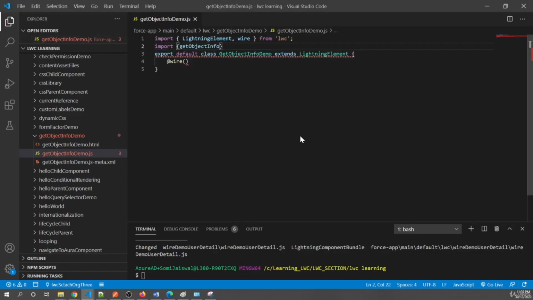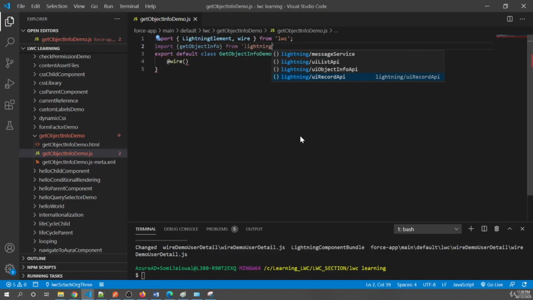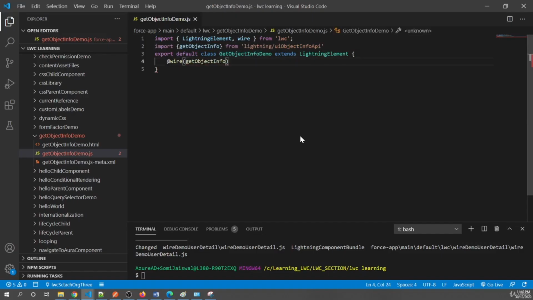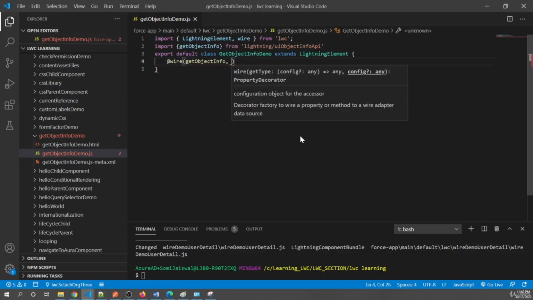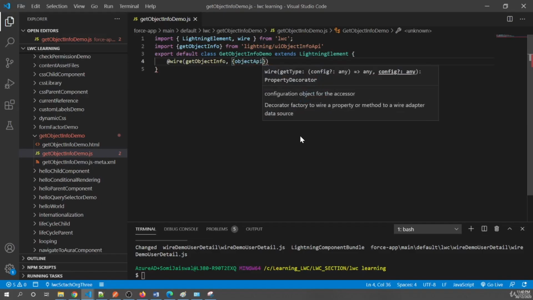So we'll import that getObjectInfo from the module called lightning/UIObjectInfo API. Once the adapter is available, we'll pass that adapter to a wire service. This adapter needs some adapter configuration, and that configuration is the object API name that tells this adapter for which object you have to bring the metadata. So we'll pass the account object,